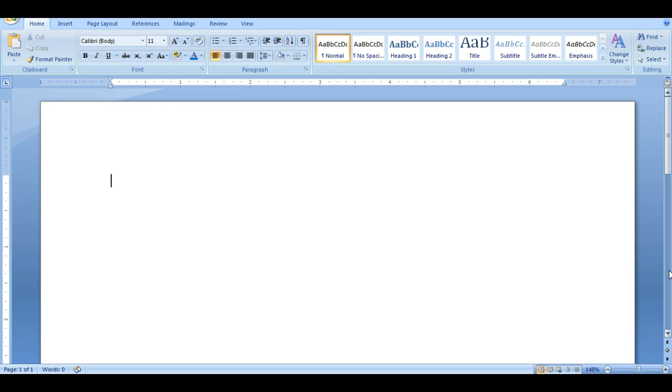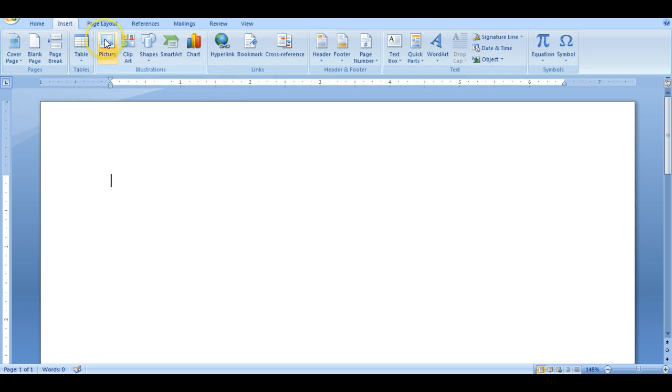In this next section, we will learn how to insert a picture, and we will learn how to add a page border, page color, and SmartArt. So the first thing we'll do is go to the Insert tab, and we are going